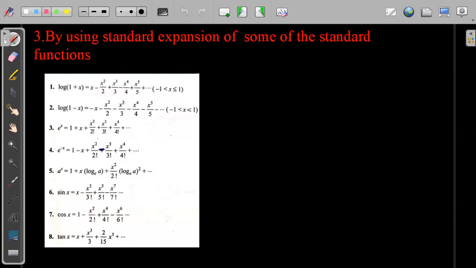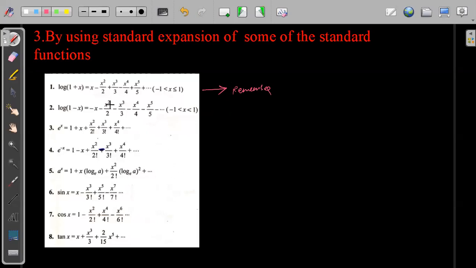So today and yesterday I've asked you to remember three or four expansions. The first expansion is log of 1 plus x. Remember this one, and log of 1 minus x you will simply get by substituting x as minus x. You have to remember only this one, though you can also remember log of 1 minus x by itself.